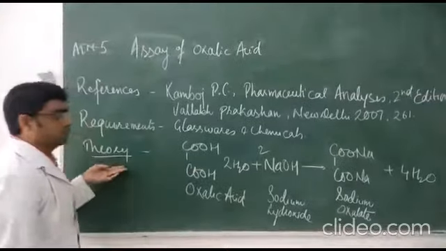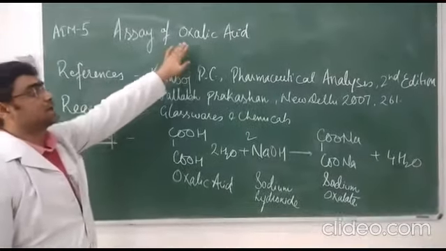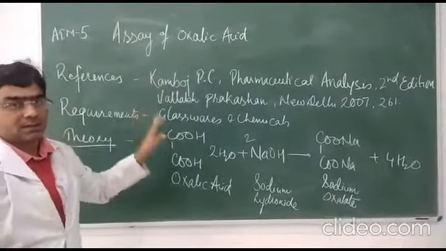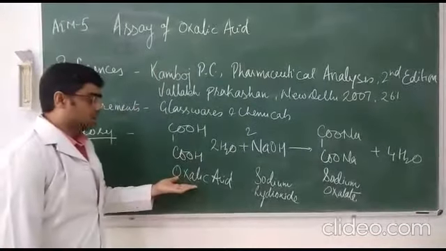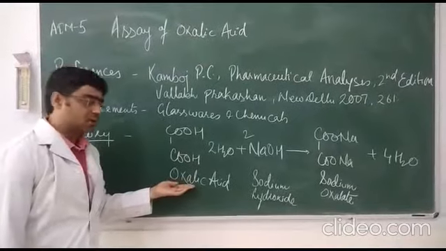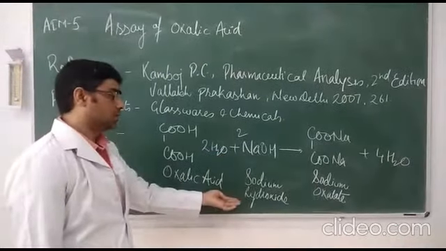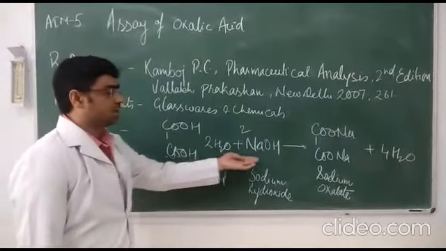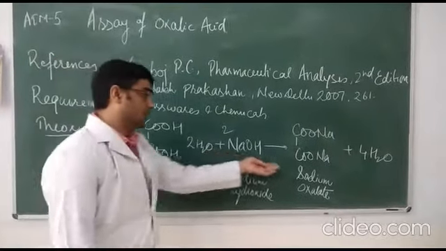In the theory portion, we are going to assay the oxalic acid. This oxalic acid comes in the category of weak acids. Here the structure of oxalic acid is written. This is sodium hydroxide, which is a strong base. So this is the reaction of a weak acid with a strong base, and the salt that is going to form